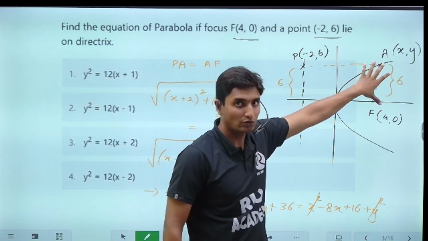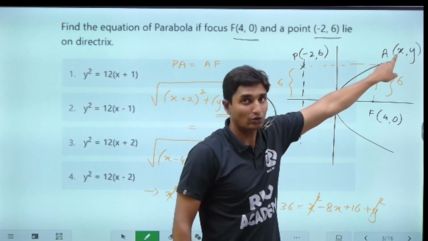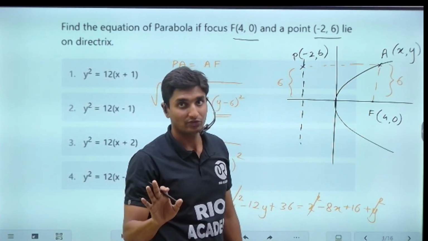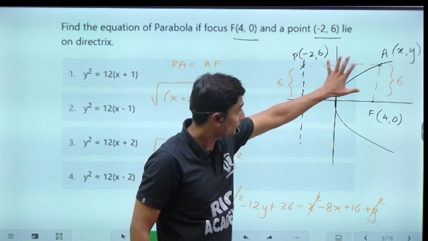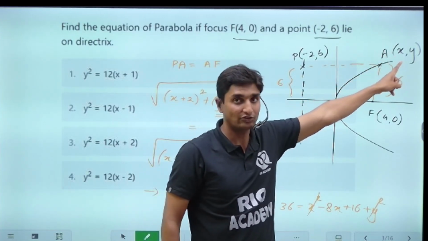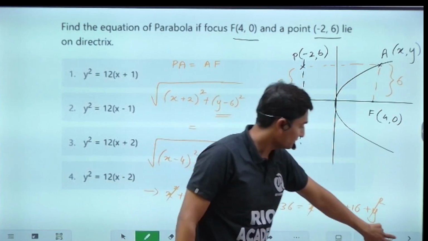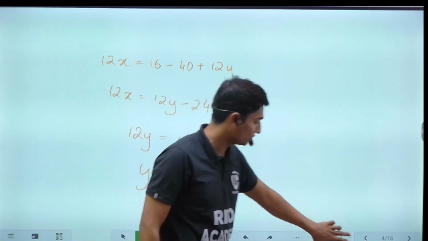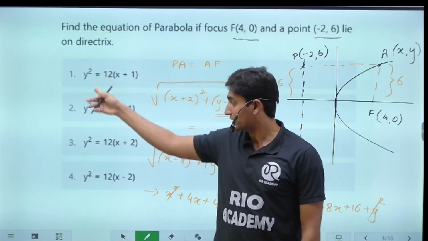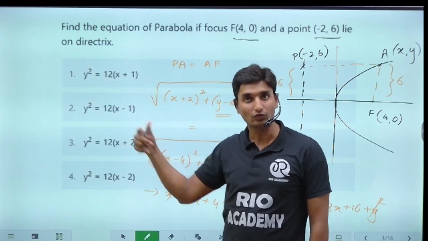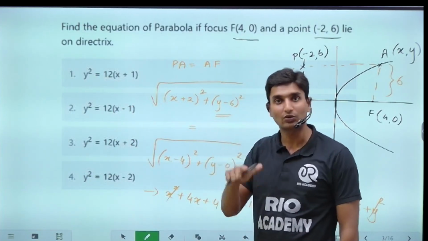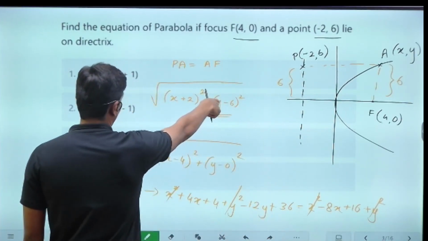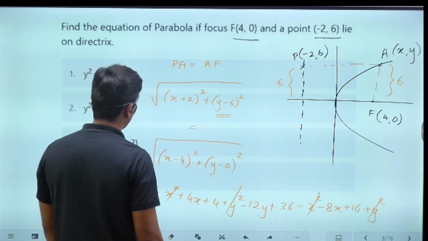This distance will also be 6. And here the value of x is not known, because A and F do not lie along the same line in this particular format here. The value of y only has been given. Even this format is right here. Okay, if you consider this, y is equal to x plus 2, that is also right, nothing is wrong here. But if you look at the question, the values have been obtained on a square basis, so we need to identify the values here once again only on the basis of square. So for that, we are going to take the value of y to be equal to 6.